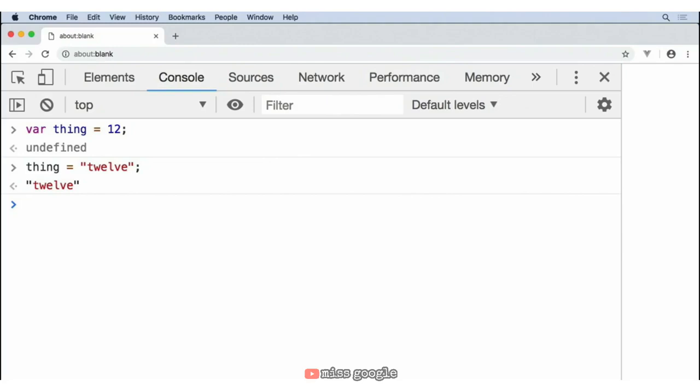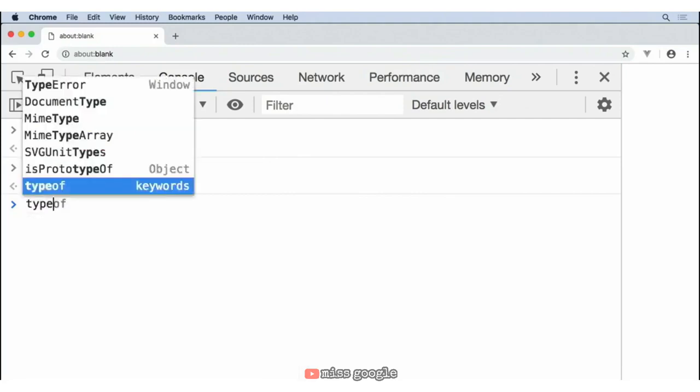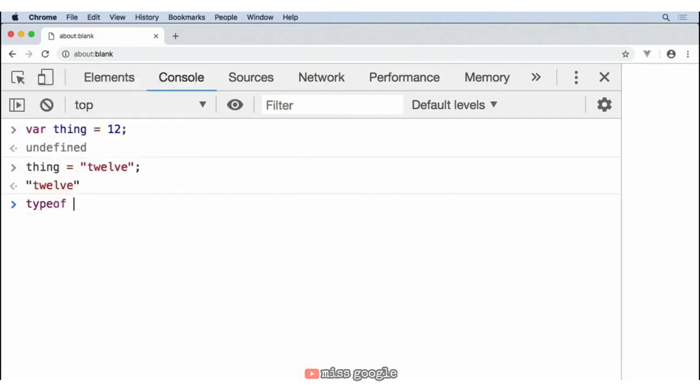To do that, JavaScript offers the typeof operator. It looks like this. typeof, all lowercase, one word, and then the variable that I want to check. So we'll say thing in this case. It currently has a string in it, so I would expect to get back string, and indeed, that's what I get down here. typeof always returns a string. It isn't always the word string, but it is a string with the name of the data type in all lowercase. So if I set thing back to the number 12,